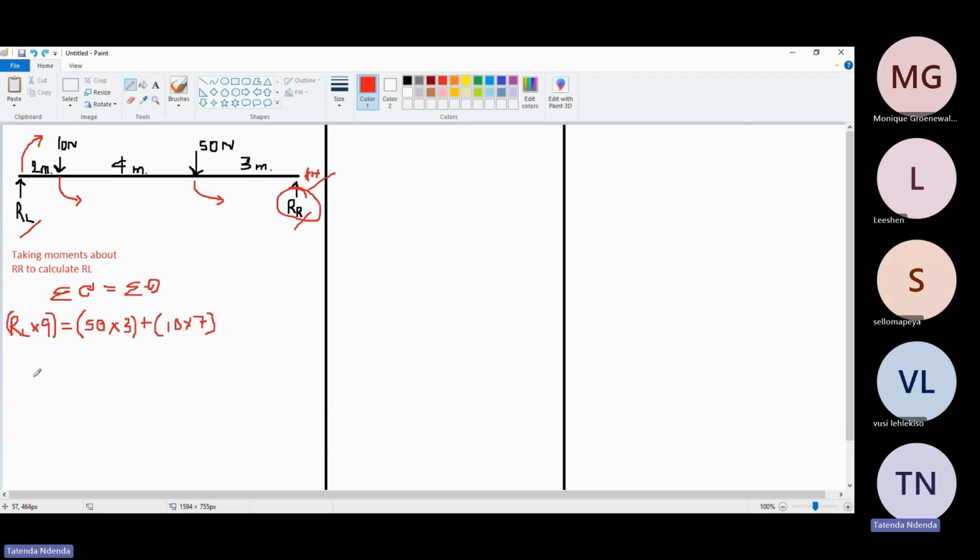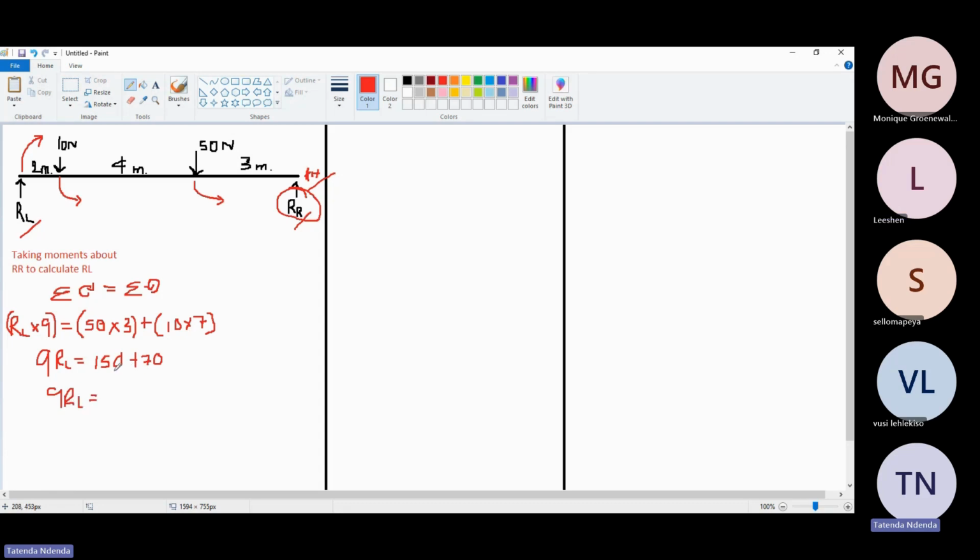That's 7. Okay. So this means that 9 RL is equivalent to 50 multiplied by 3. We are going to get 50, 100, 150, plus 70. Okay, so 9 RL is equivalent to